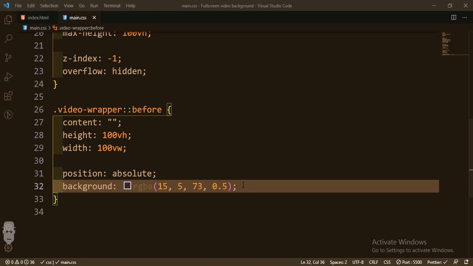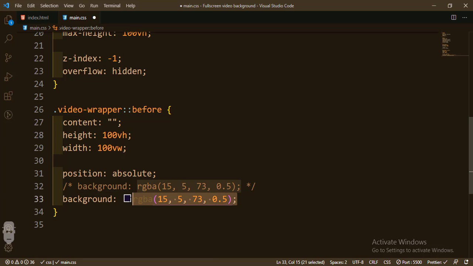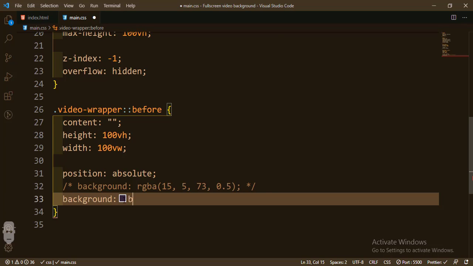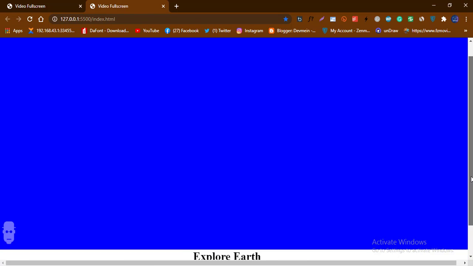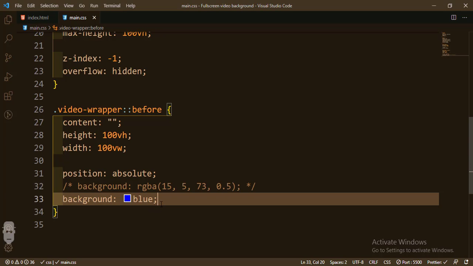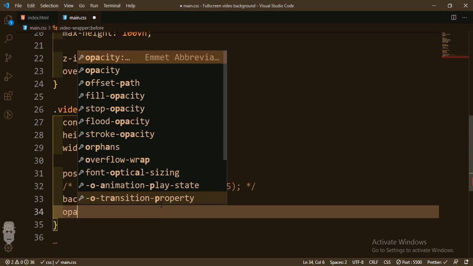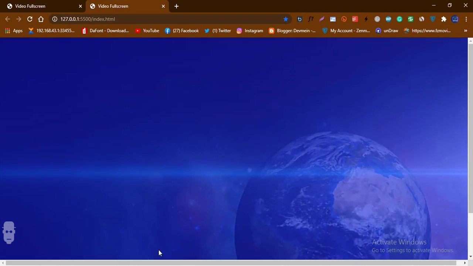Now if I just reduce this, okay, and I do something like this, and I said background. Let me just show you what I mean. If I change this to blue, I can just change this to blue like this. Press this, save it. You see that I have just a blue background here. Okay, and we use my explore. So there's another thing I can do. I can either use opacity, okay, opacity, and just say until like 0.4, okay, and reduce the blue. As you can see now, this